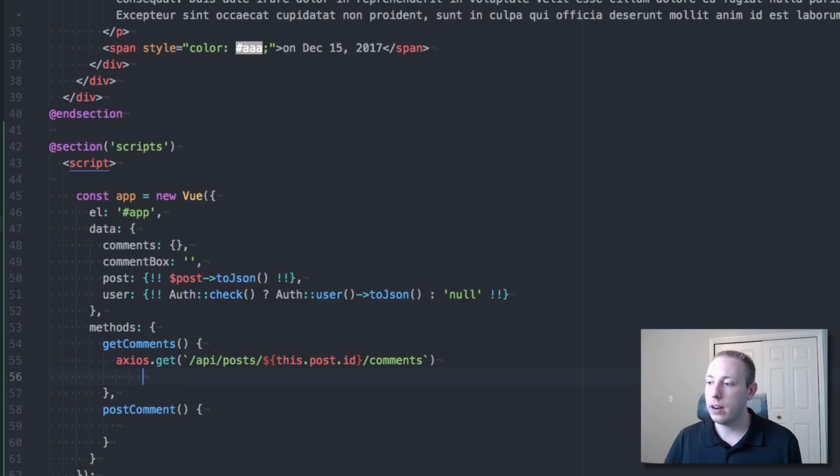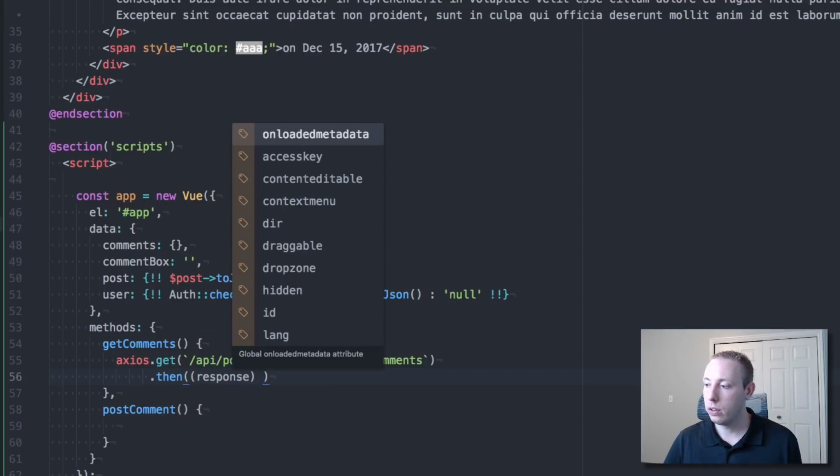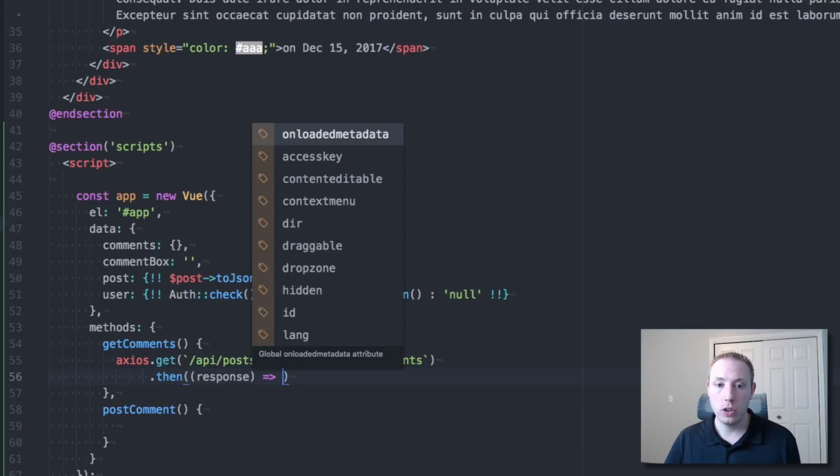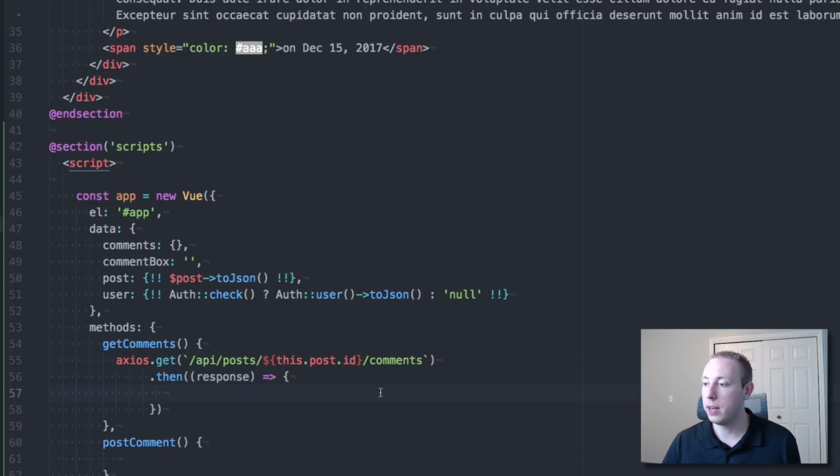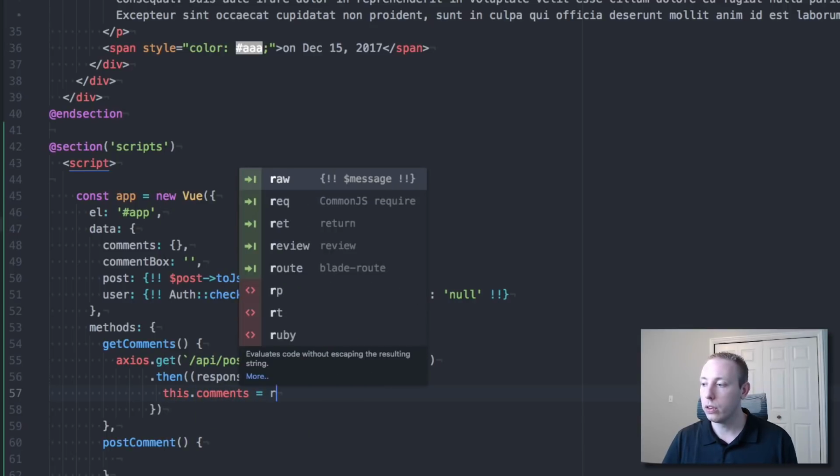All right, so we're going to send a request off. Then when that comes back, we're going to fill in our promise. So we'll grab our response, and let's tell it what to do after we get the response back. So this is the promise here. This is going to run, and as soon as we get the response, then this will run. Okay, now what do we want to do inside of here? We want to basically just take the response that we get back, that JSON payload, and set it equal to this comments up here. So that's a really easy concept. So we'll just do this.comments equals